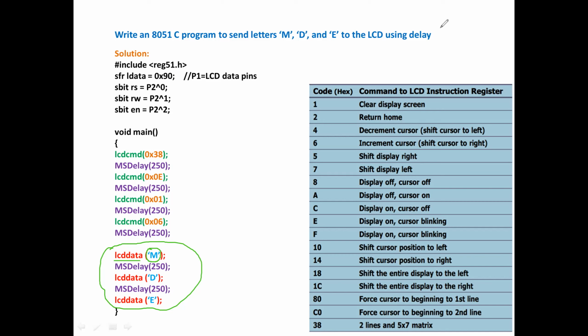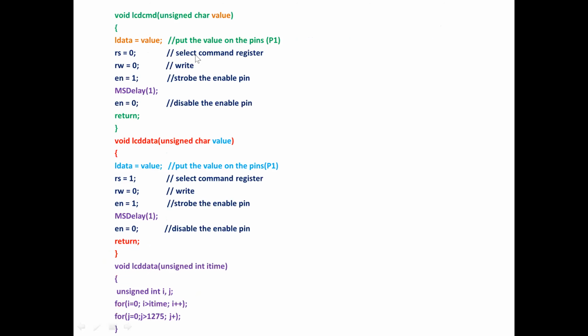Okay. So now this M I am just passing. Passing to the subprogram. Okay. The function name, same LCD data, right? So here I'm going to receive my data. So here the value. What is the value inside? I have within quotes, that is M. M is a character. So this character I'm putting to port 1.